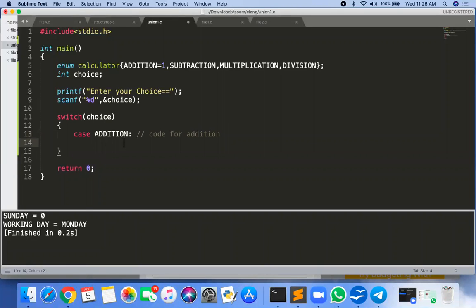Whatever code for addition you will put there, and then after that break. And then the next one is case subtraction, and here again the code for subtraction, and again break. Okay, and again the case for multiplication, case for division, like that.